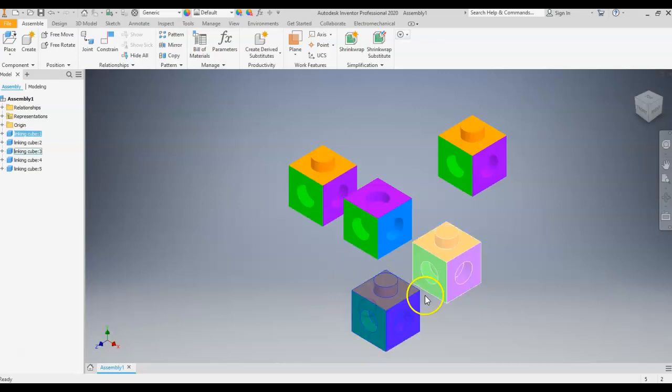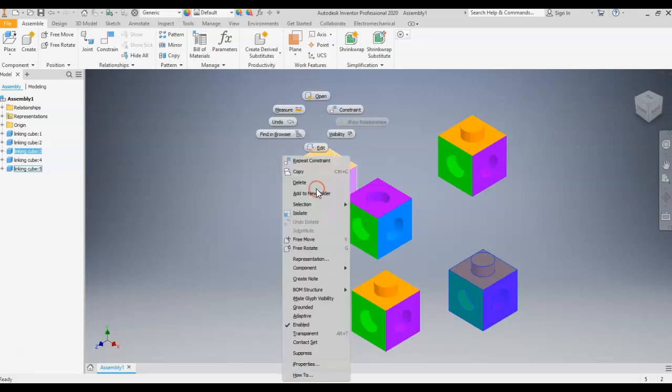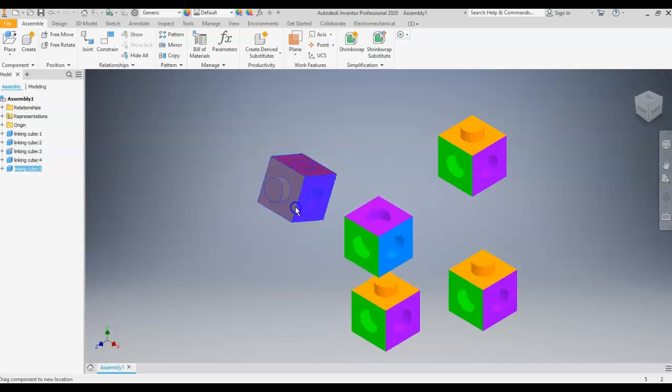Okay, I forgot to do a step here. Not a big deal, but we need to do what's called grounding on one of these cubes. That makes it stay permanently in position, fixes it in place. So I'm just going to hover over this cube right here and right click, go down and find grounded, and check it. So now this cube,